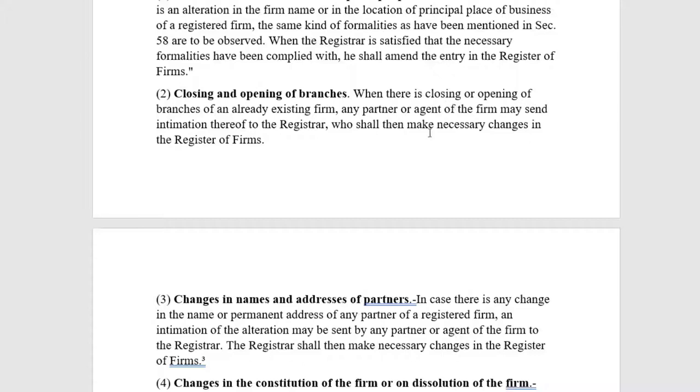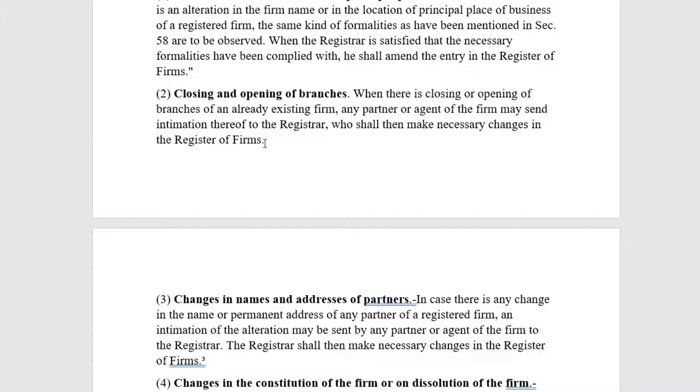When there is a closing or opening of the branches of an already existing firm, any partner or agent of the firm may send intimation thereof to the registrar, who shall then make necessary changes in the register of firms. That is, they can open new branches, they can close the old branches. So whatever it may be, the partnership firm has the liberty to make changes to the information